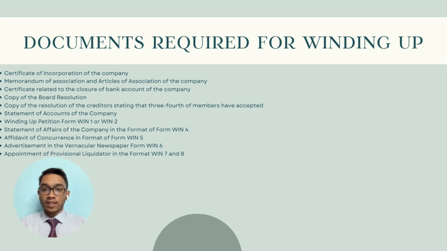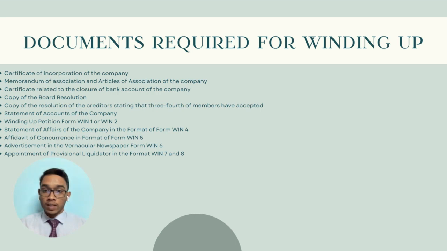Finally, let's discuss the documents required for winding up of a company. A company needs the certificate of incorporation, memorandum of association and articles of association of the company, certificate related to the closure of the bank account of the company, copy of the board resolution, copy of the resolution of the creditors stating that three-fourths of the members or 75% of the members have accepted the winding up of the company,